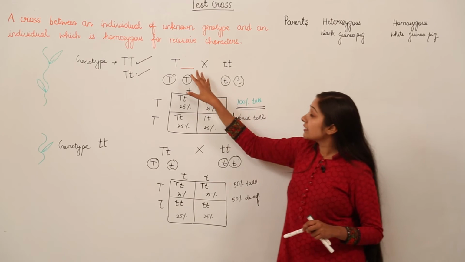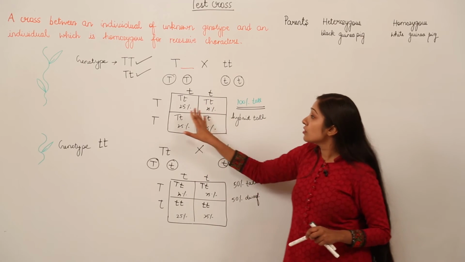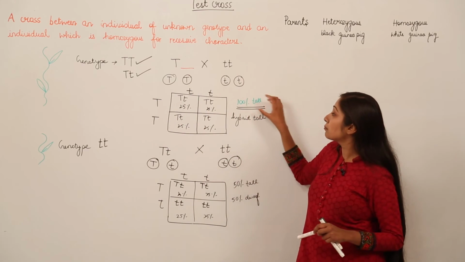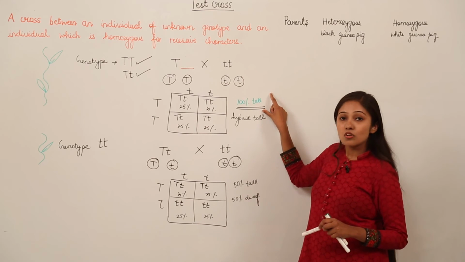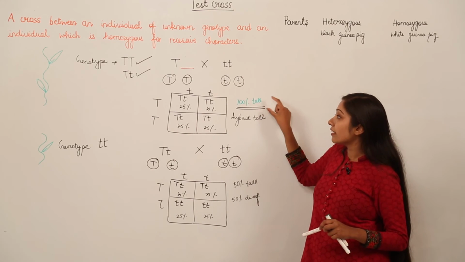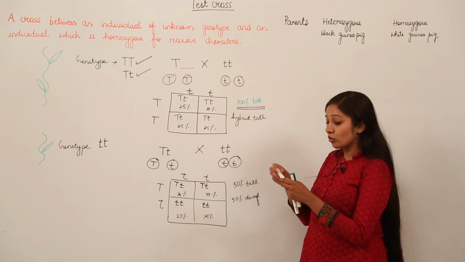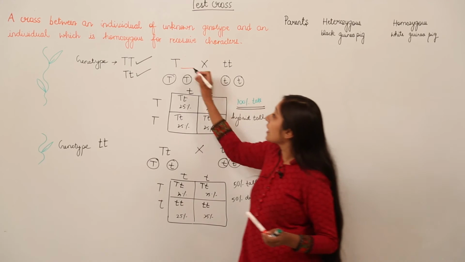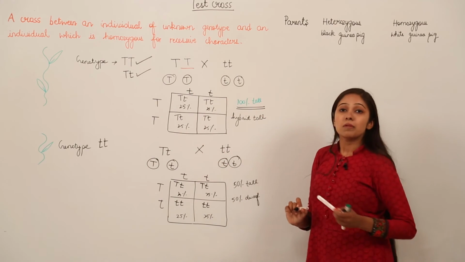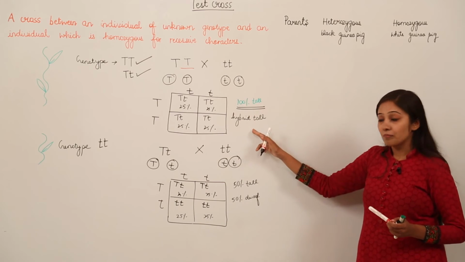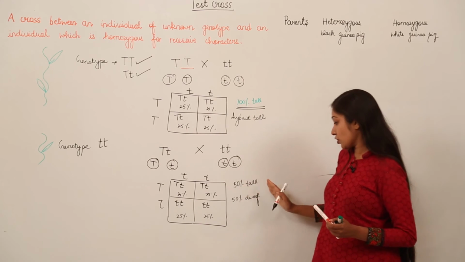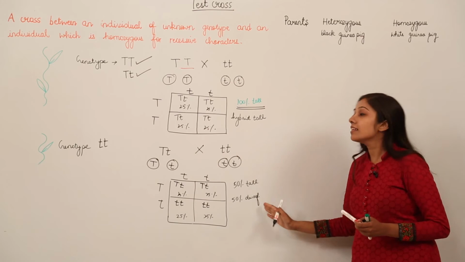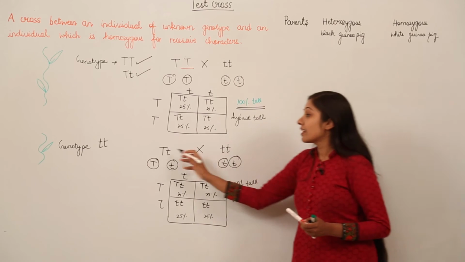So when you are asked like this, for example, you do not have this, you just have an idea that the plants are 100% tall. So how can you make out that the plants are 100% tall? You need to know that if it is going to be a homozygous condition, then only the plants can be 100% tall. And if you have 50% tall plants and 50% dwarf plants, this means the condition is heterozygous of one of the parents.